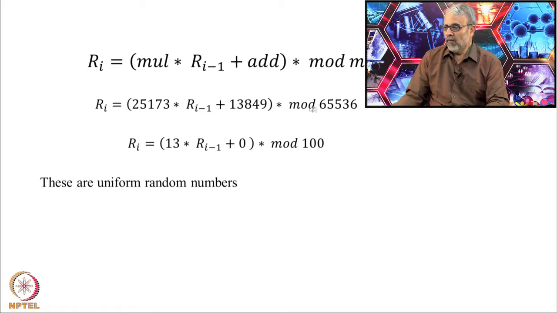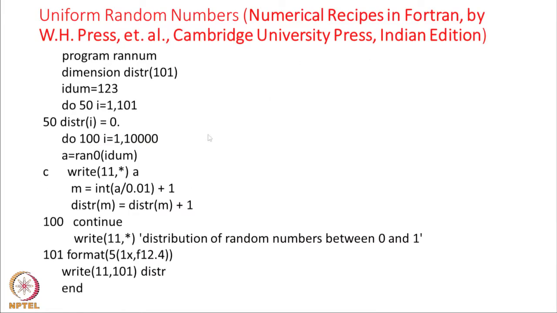So, this is a better algorithm than the algorithm we considered here. Now, what I want to do is use a professional algorithm to obtain a large number of random numbers, then we will see what to do with those random numbers. I am going to use an algorithm for generating uniform random numbers.